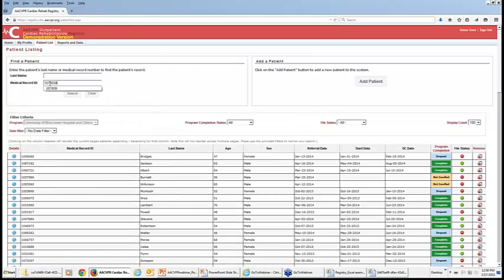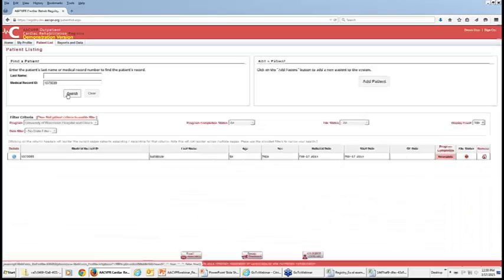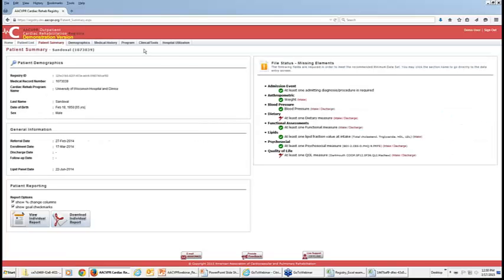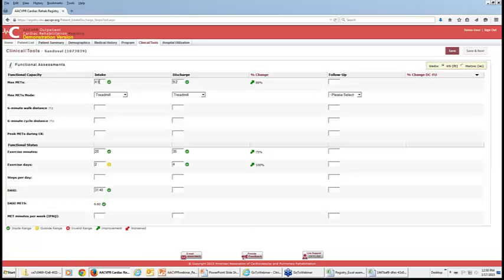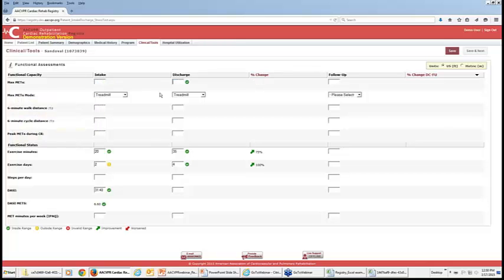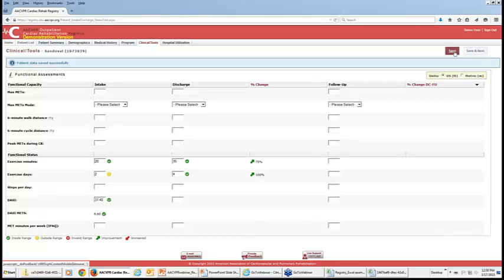We'll search for that number, for that record. There's our record. We'll open that. We'll go to the functional assessments, and there we go. Someone accidentally entered this information in. So what we do is just take that out. That was incorrect. We'll put that back to select, and then we'll save. And then you would do that with each of the records where you found that particular error.